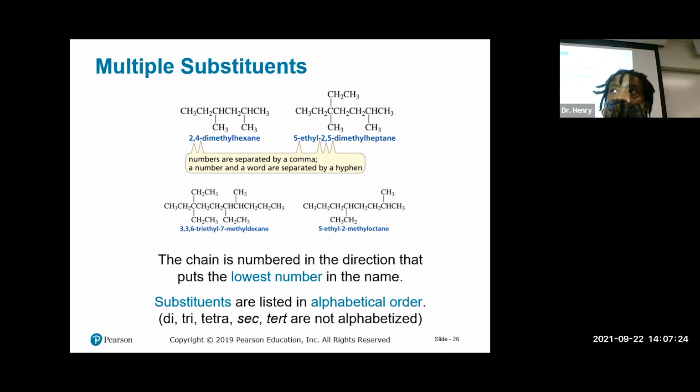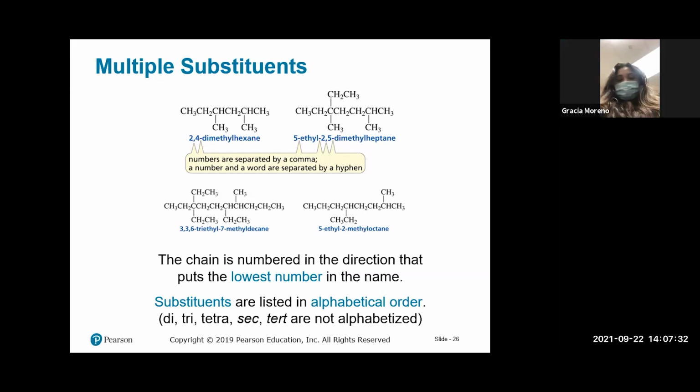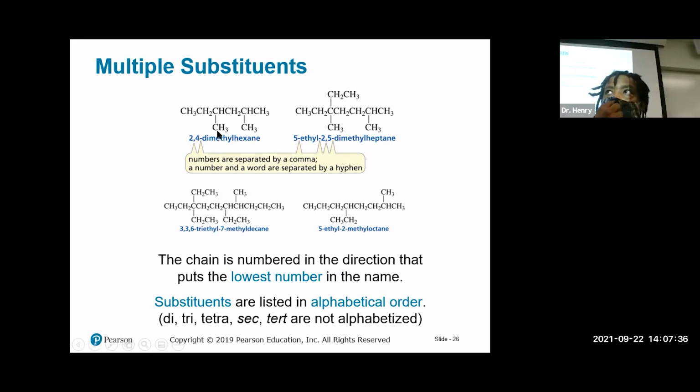So this is just telling us exactly what I just said. If I have two methyls, in this case, this is two methyls, so we make that dimethyl, right? If there were three methyls, it would be trimethyl. If there were four methyls, it would be,